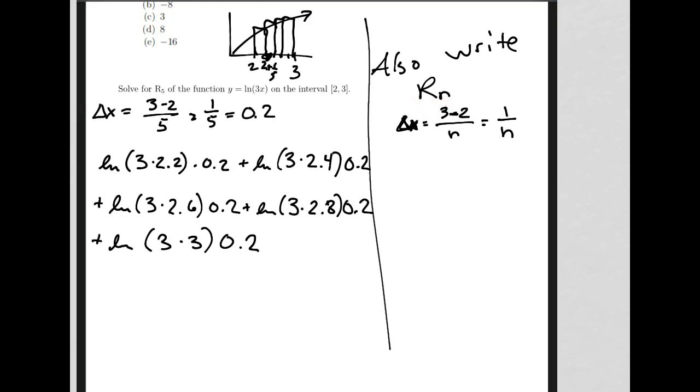Now, if you need to do R sub n, then it's a little bit different. So it's going to be similar in the fact that you're plugging in 2 plus a width as your first value, but then you're going to 2 plus a second width for your second value, and etc. And so when we set this up for R sub n, then we're going to have a sum from j equals 1 to n, and then you look, your width is 1 over n, so that's your width, times your height, which is going to be natural log of 3 times something. And that something